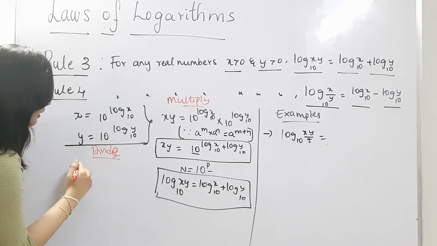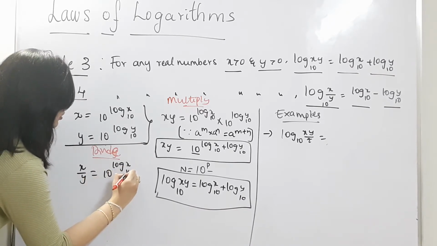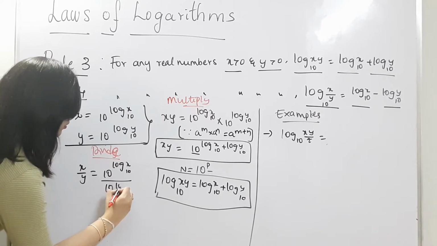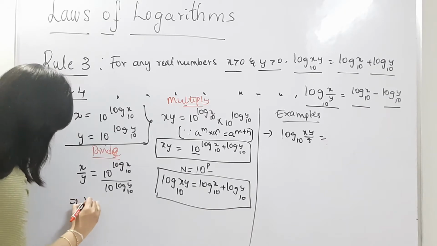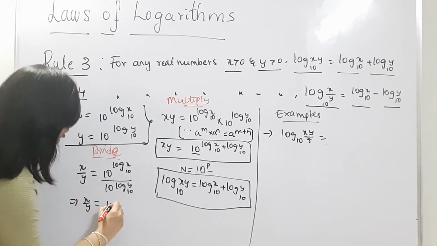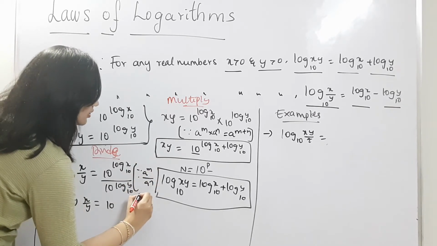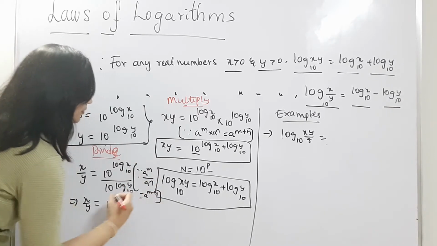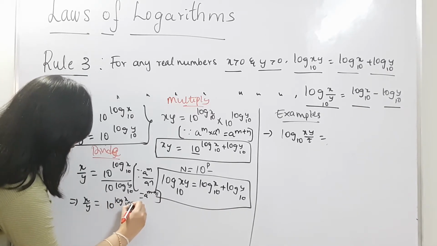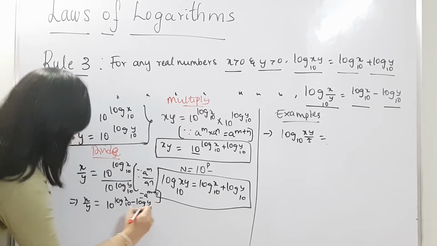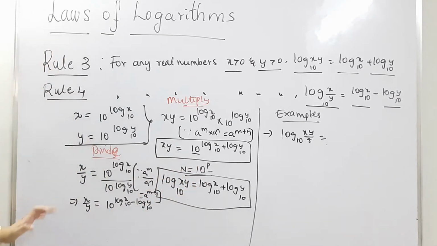Now what happens if you divide x by y? We get 10 to the power of log x to the base 10 divided by 10 to the power of log y to the base 10, right? And we can say that x by y is equal to 10 to the power of m divided by 10 to the power of n, and we know this is nothing but 10 to the power of m minus n, right? So this will be 10 to the power of log x to the base 10 minus log y to the base 10. So using the same concept as before, we can conclude that